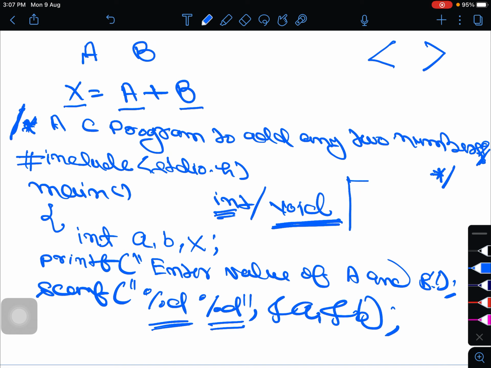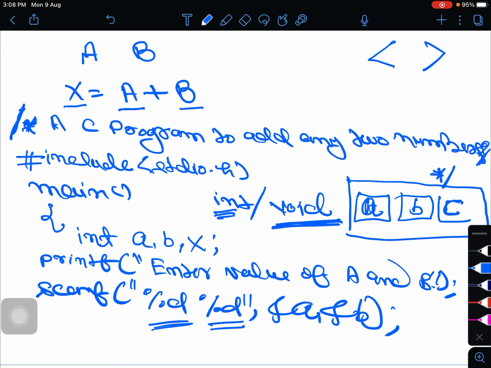Suppose this is A, this is B and C. These will have some memory location values, that may be 1, 2, 3 or 4.